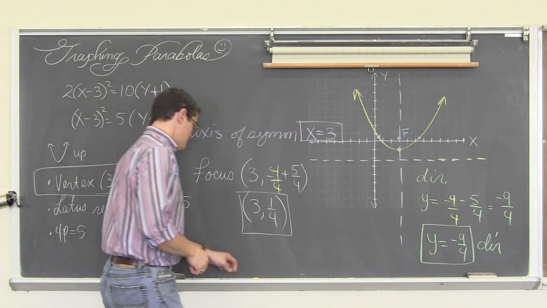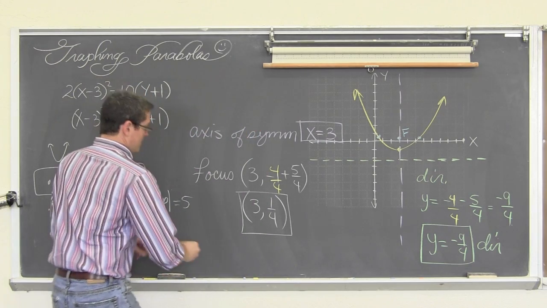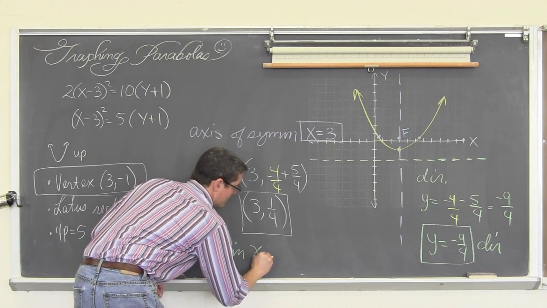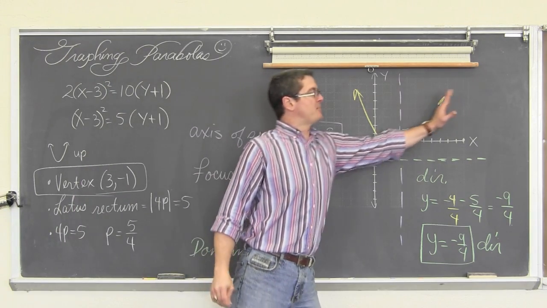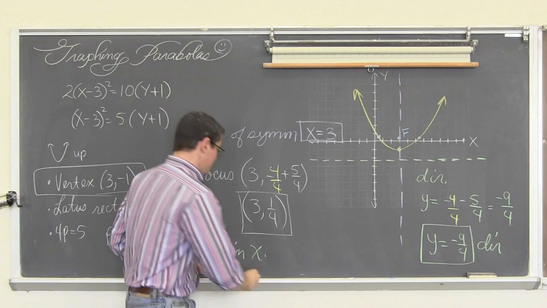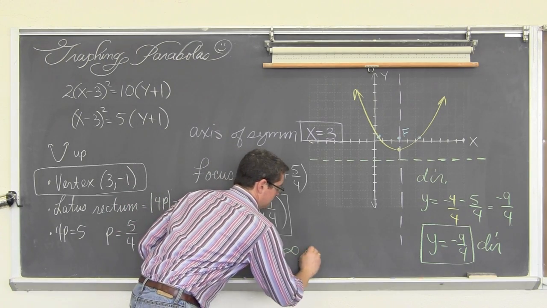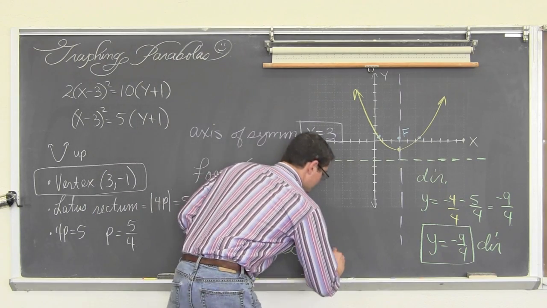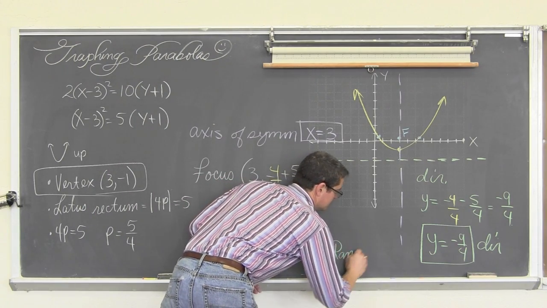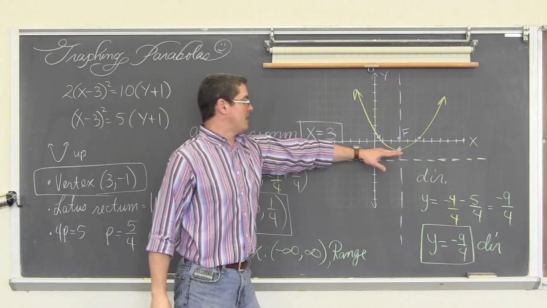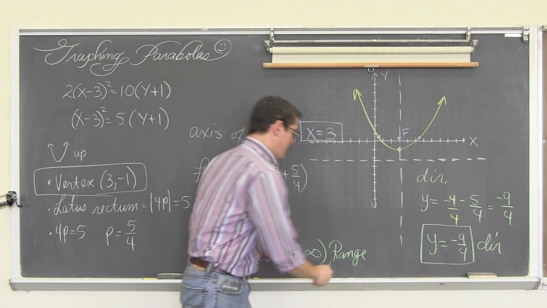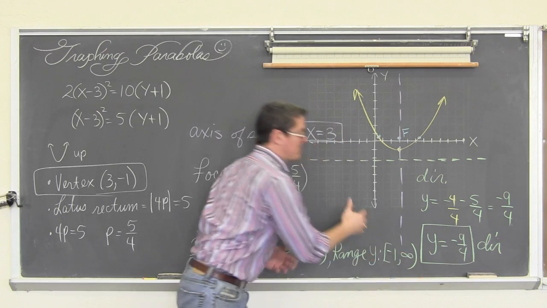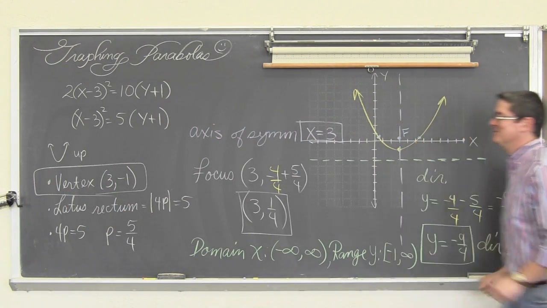And the domain, just to do a little bit more review again, is going to be your x's from -infinity to +infinity, because the graph is going to open up forever. You might be just calling it all real numbers. And the range, which is your y values, your smallest y value is -1, and it goes up from there. So your range is going to be your y values, where you go from -1 to +infinity. One more example, and we'll be done.